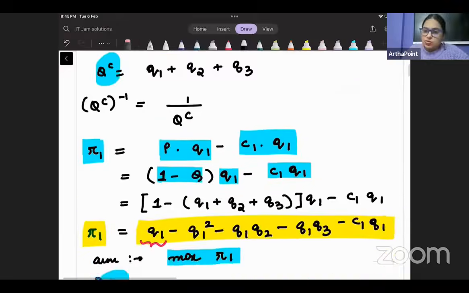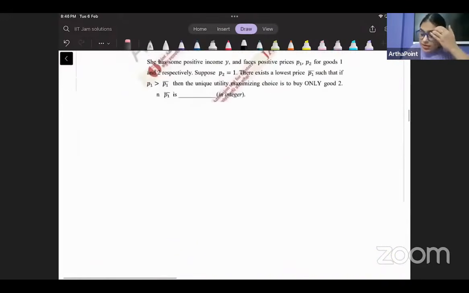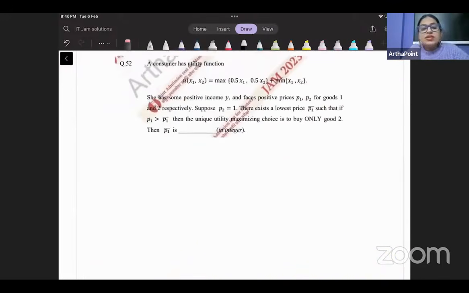Come to the next question बेटा. Next question क्या बोल रहे हैं? There is a consumer. I have done this multiple times in the advanced lectures. It is one of the questions which has been repeated multiple times. तो हम ये थोड़ा जल्दी जल्दी करेंगे. My utility function is बच्चे max